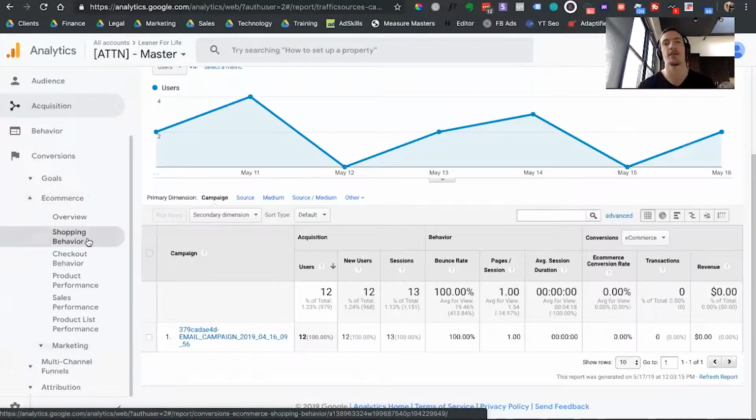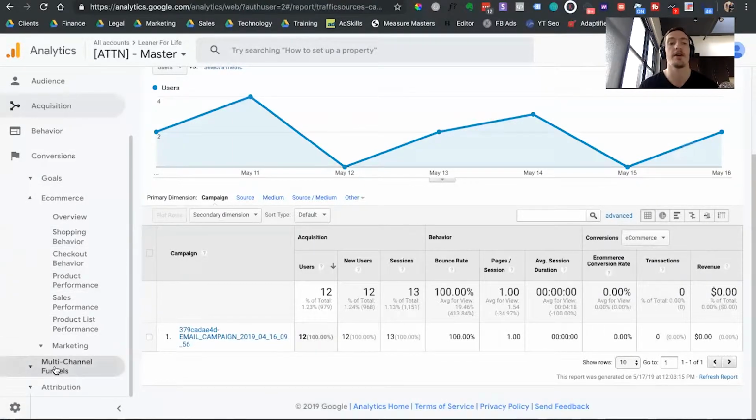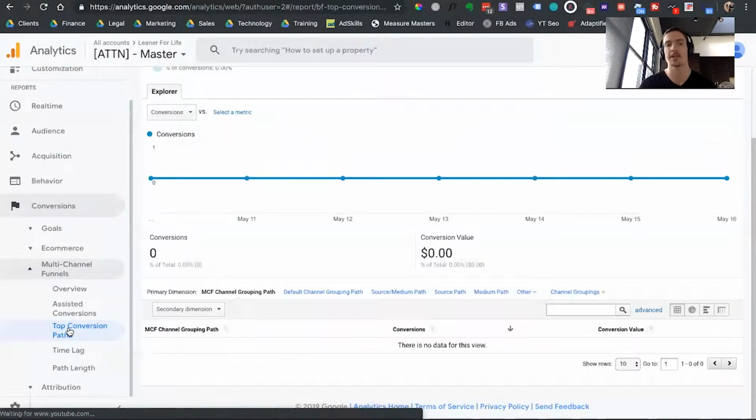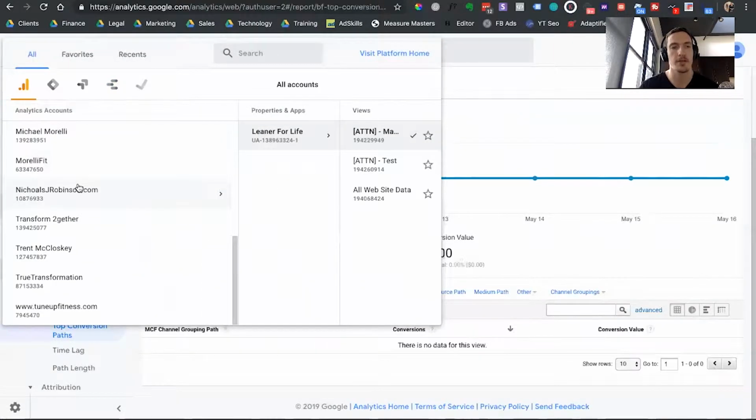So in some cases, for e-commerce stores, it's going to be easier to get your e-commerce data into Google Analytics and Facebook Analytics. But moving on, another part of Google Analytics that's really useful is the conversion paths. So you can go into Google Analytics and see your top paths to conversion. I'm going to go into another account here real quick so I can show you what I'm talking about, simply because